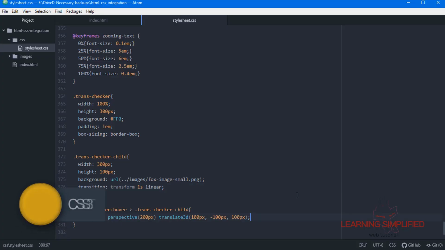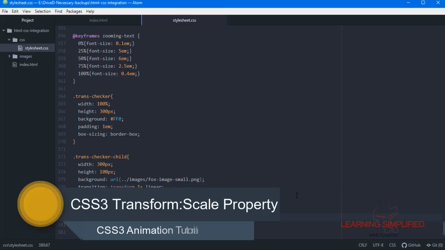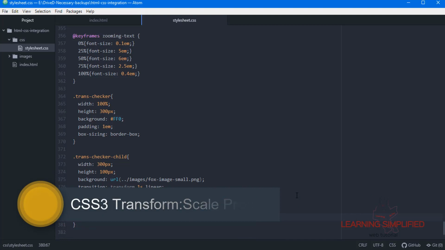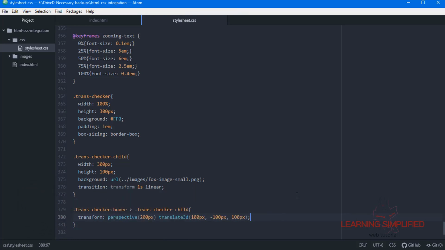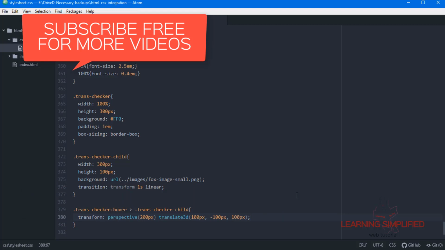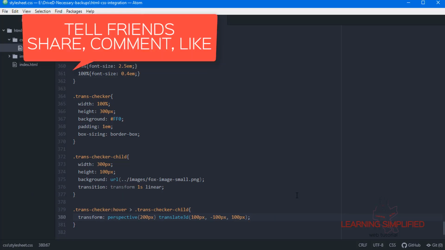Now in case of transform function, scale is another transform function that resizes an element both in 2D and 3D space. The amount of this scaling is defined by a vector. It can be resized both in the horizontal and the vertical dimensions at different scales.